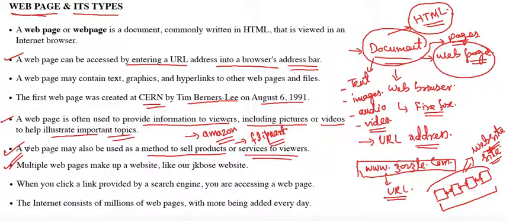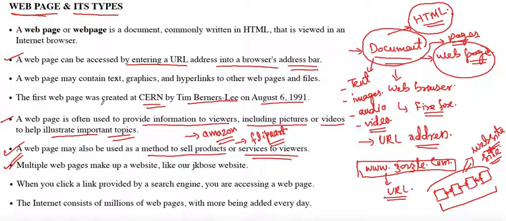So for example, if I am typing some query in the Google search engine, it will display some results. In those results there will be some links also provided. In one result, a link will be provided, in another result, another link will be provided. If I click on that link, I will go directly to the web page. So it is not mandatory that you type the URL of the web page in the address bar of the browser. You can also access a web page by using a search engine. The search engine can provide the link or URL of the web page, and you can simply click on the link and access the web page.